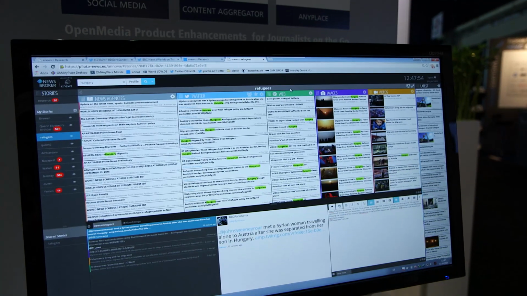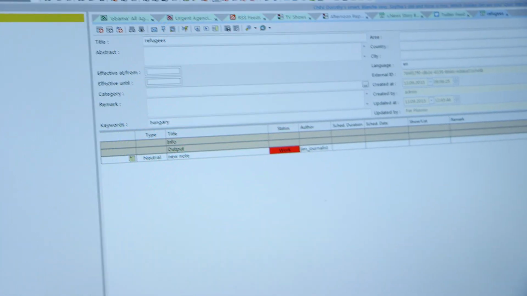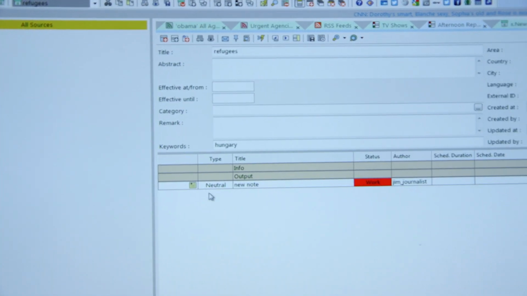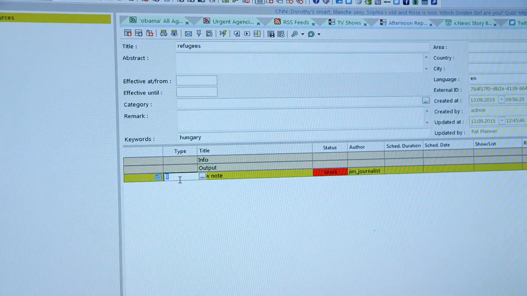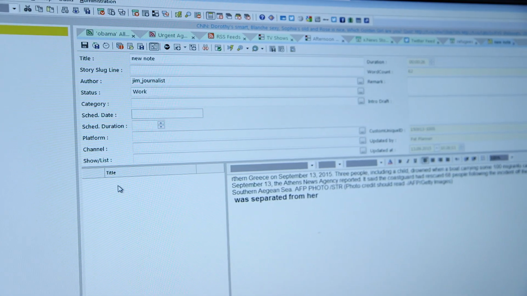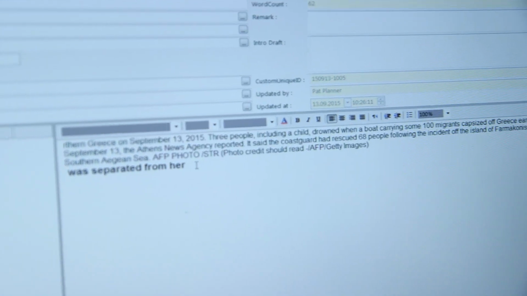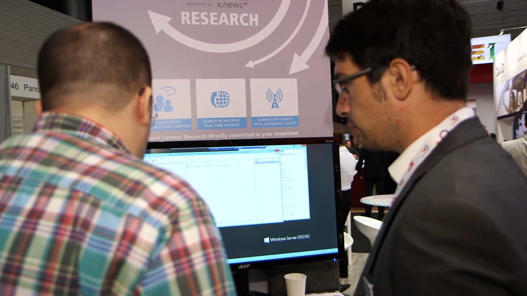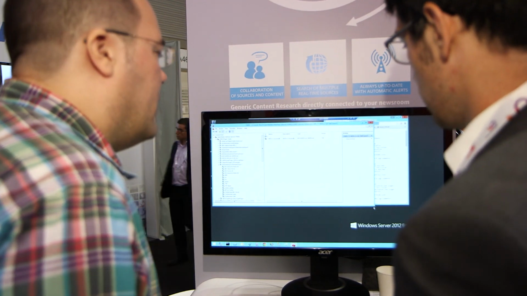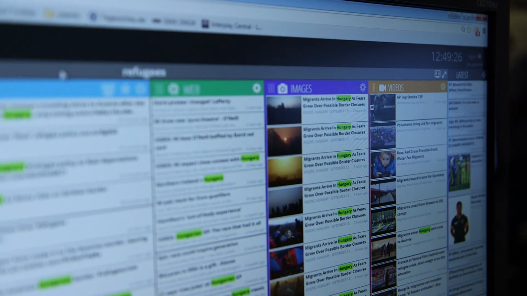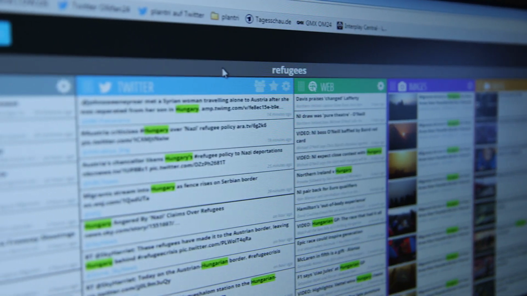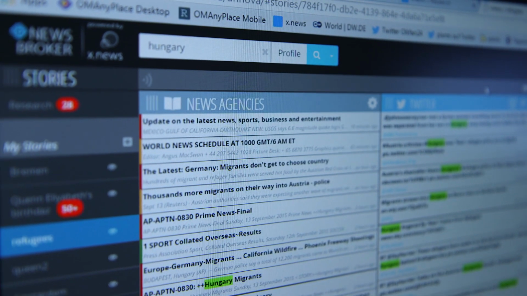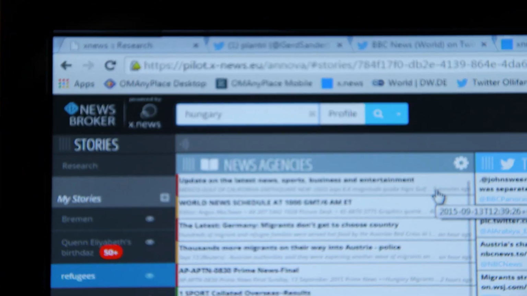It's gone successfully. I can tab back to OpenMedia and look at my story bins and see my refugee story and see all that information that I've been adding into the story simply by just clicking. It's all there. This is the additional information that I added. So within just a couple of clicks, I'm researching my story across multiple sources which are difficult to get access to. It's keeping me informed and keeping me updated on what's going on in that story, and I'm straight back into my news production process. So a very simple, connected process for research and storytelling.